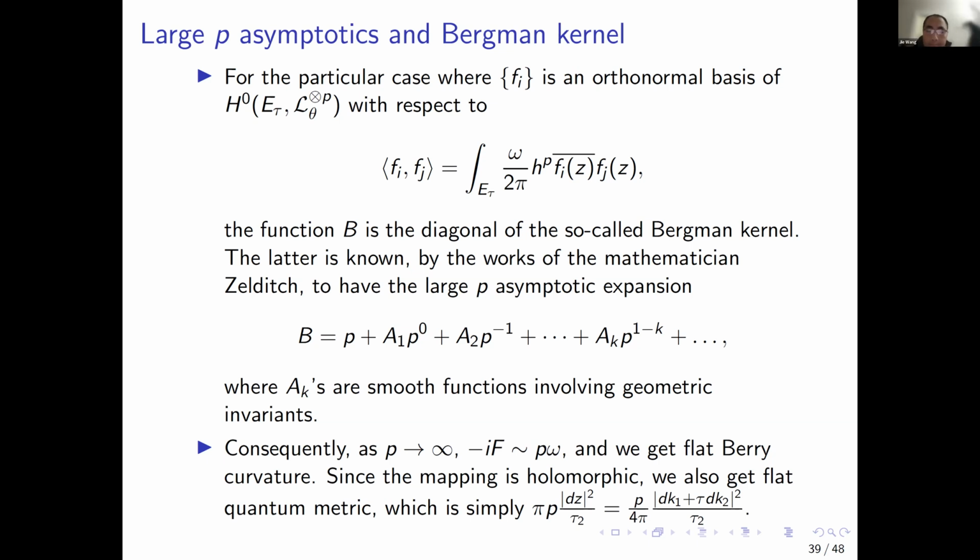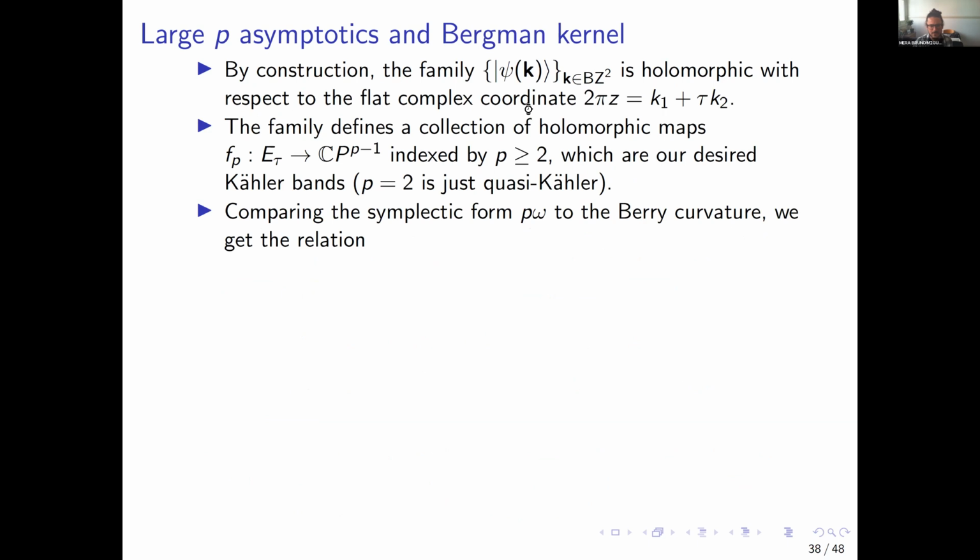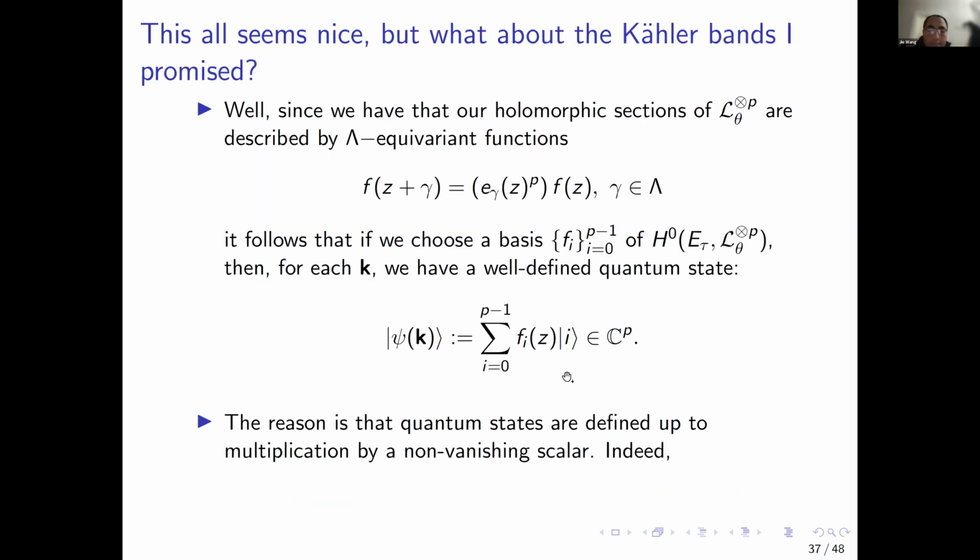And the reason why the Bergman kernel appears is because the Bergman kernel is the projection of the space of sections onto the space of holomorphic sections. And actually what this quantum state here that I built is something which is related to that. It's essentially the Kodaira embedding of the surface on the projective space. So it's natural